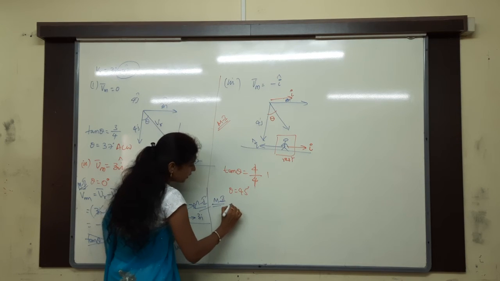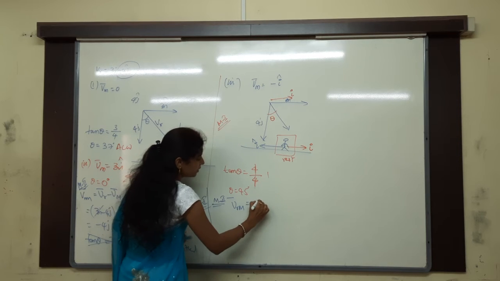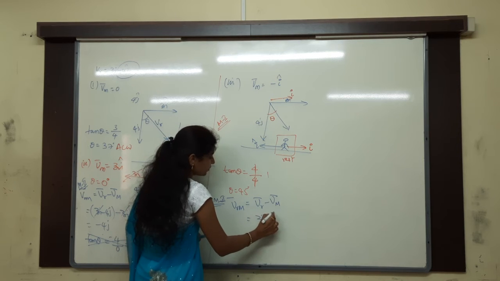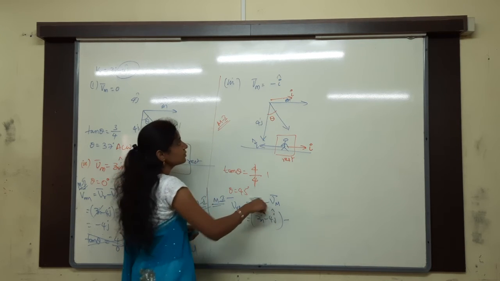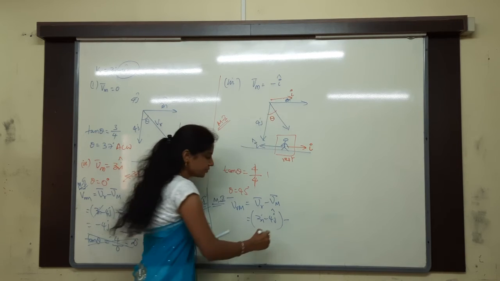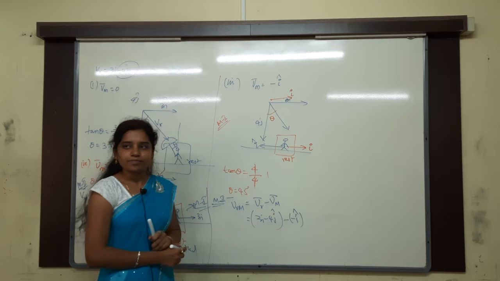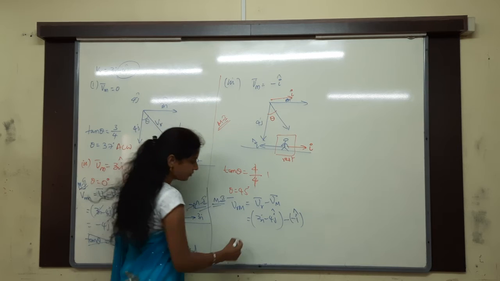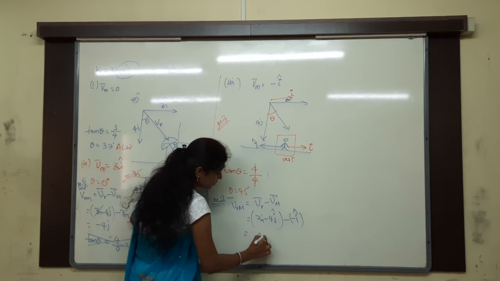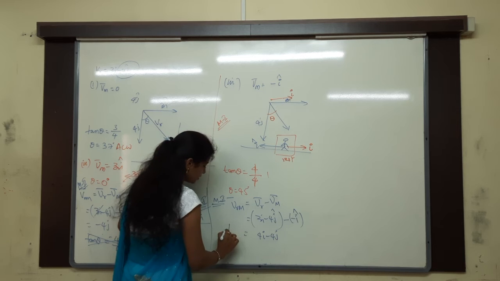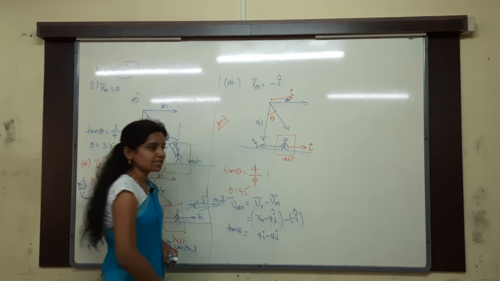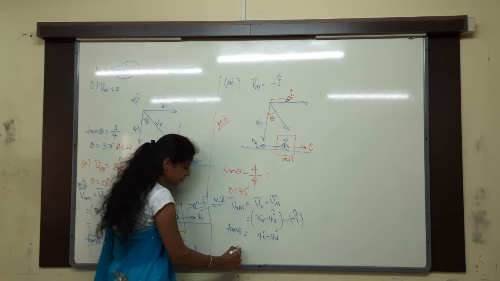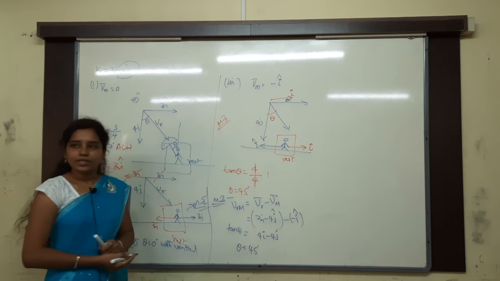Method 2. The relative velocity of the rain with respect to the man is Vr bar minus Vm bar. What is the Vr bar value? 3i minus 4j, minus Vm, which is minus of minus i cap, so plus i cap. Here we have drawn the vector, so I have not taken the symbol, but directly in a problem you do it like this. Then 3i plus i is 4i, minus 4j. Then tan theta is opposite by adjacent, which is 4 by 4, so theta is equal to 45. Any method you can follow.